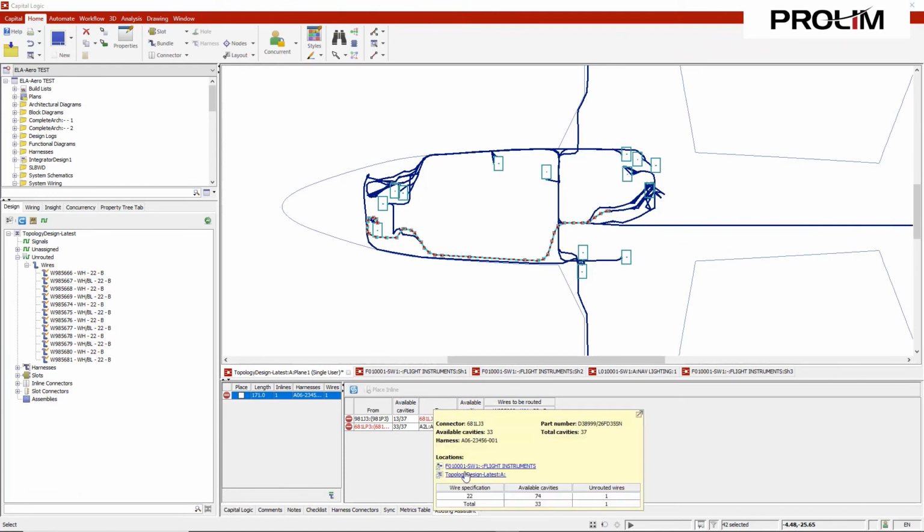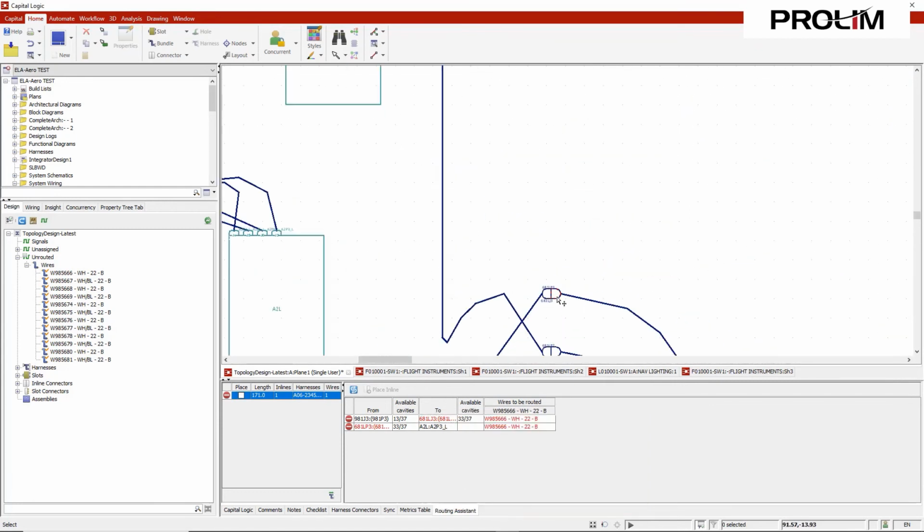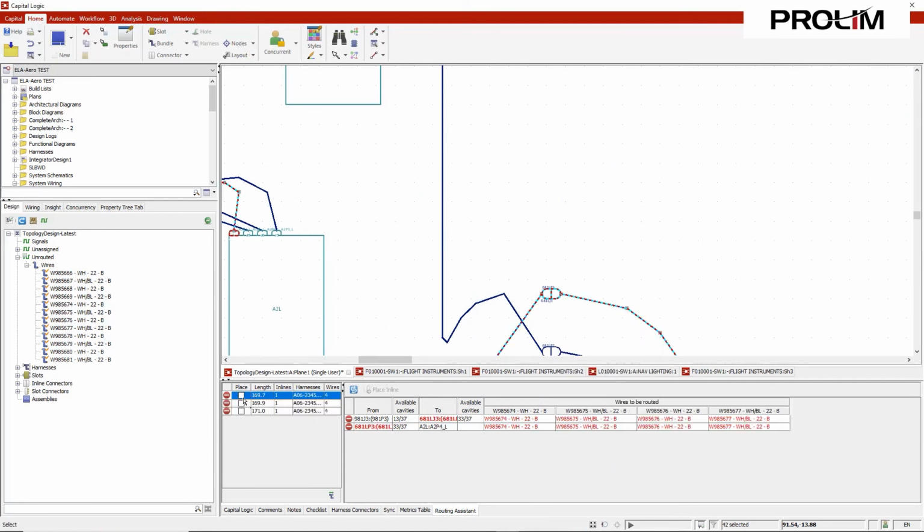Here what I'm doing is I'm actually finishing off all the routing of all the wires within the topology. So we have 12 wires left, and I'm simply placing those and placing the last inlines that we need so that we no longer have unrouted wires from our system wiring that we brought in and synchronized to this